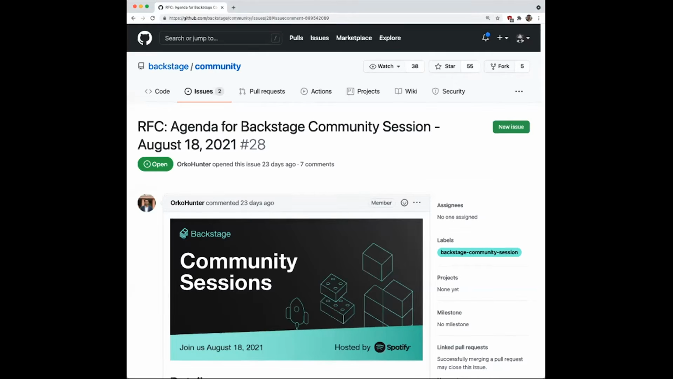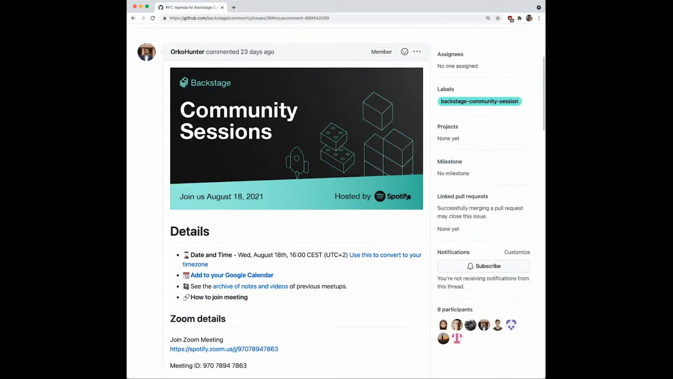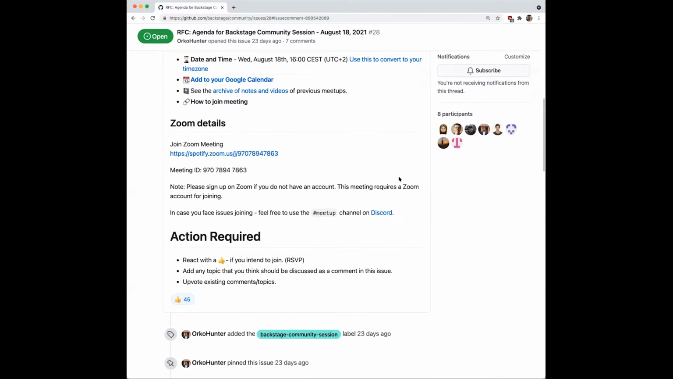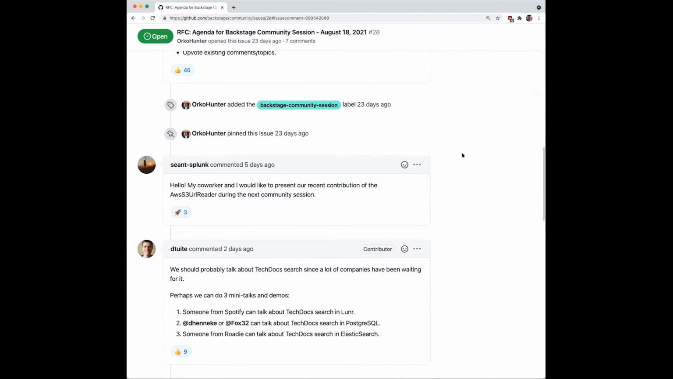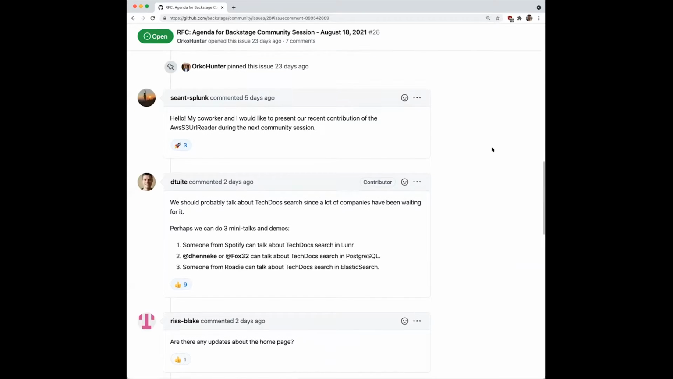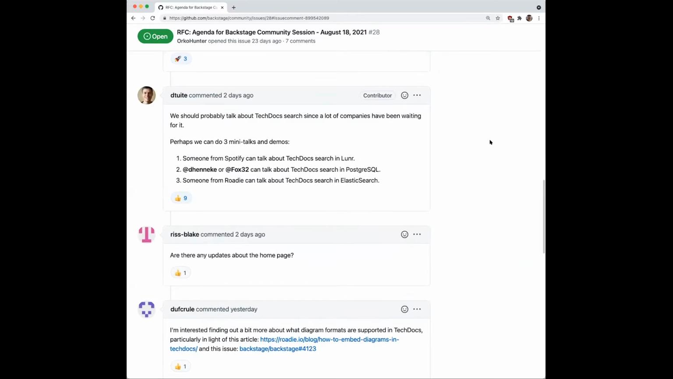So for this month, let me open up our agenda. First, the maintainers are going to go through some updates, give some context about some recent RFCs. Then we're going to jump into some demos. First, there's a demo from Splunk about the AWS S3 URL reader, and then a few demos